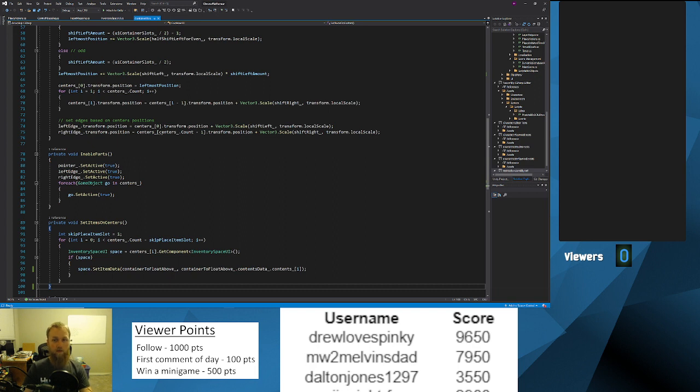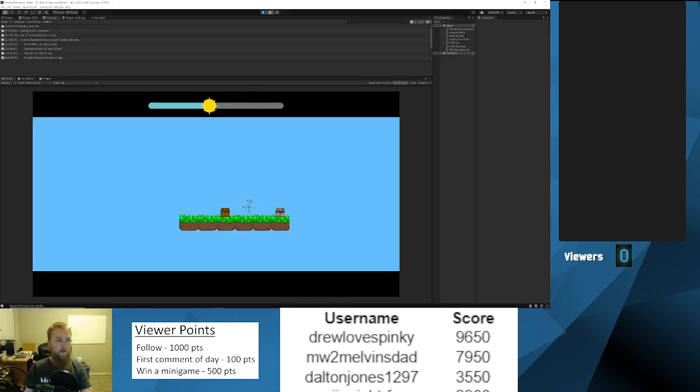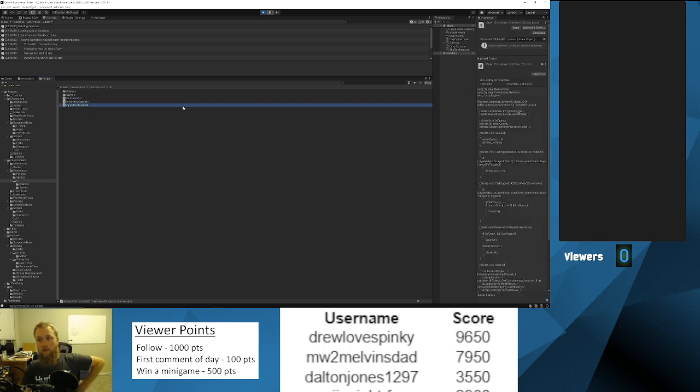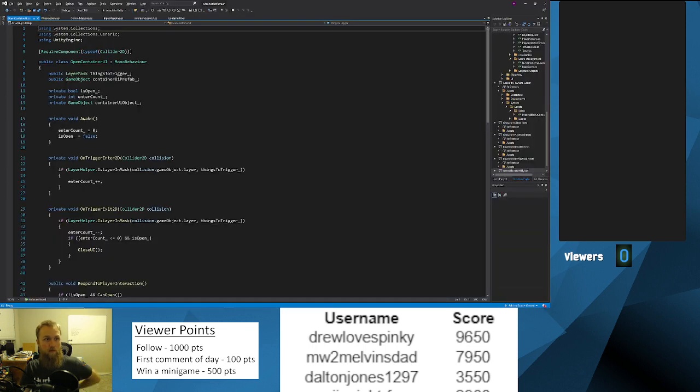See, no, it wasn't this one, sorry. It was another one called Open Container UI. Open Container UI goes on to the chest, and it has a